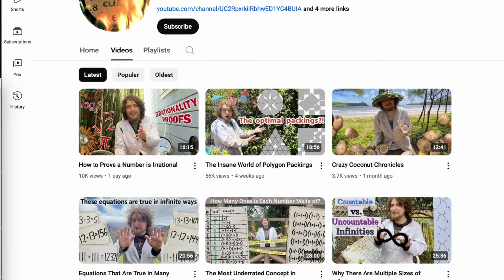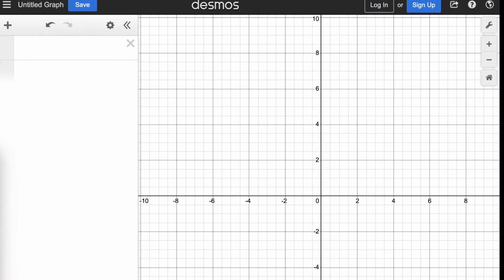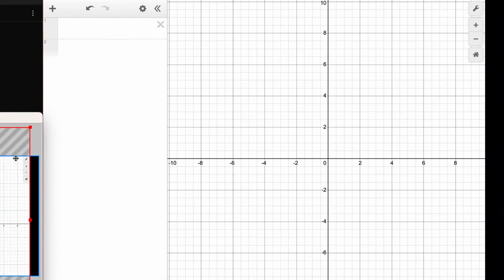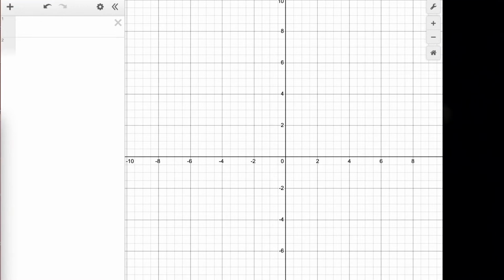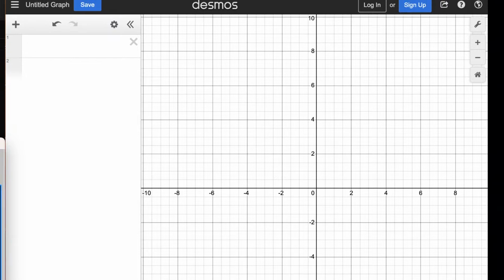Now, today, what we're going to do in the background while we are chatting is going to be related to creating some graphs, like I like to fiddle around with sometimes. And you can leave any comments or thoughts in the chat, because I will try to respond to those as well. But here we can see pulling open our good old Desmos, and today we're going to be experimenting with